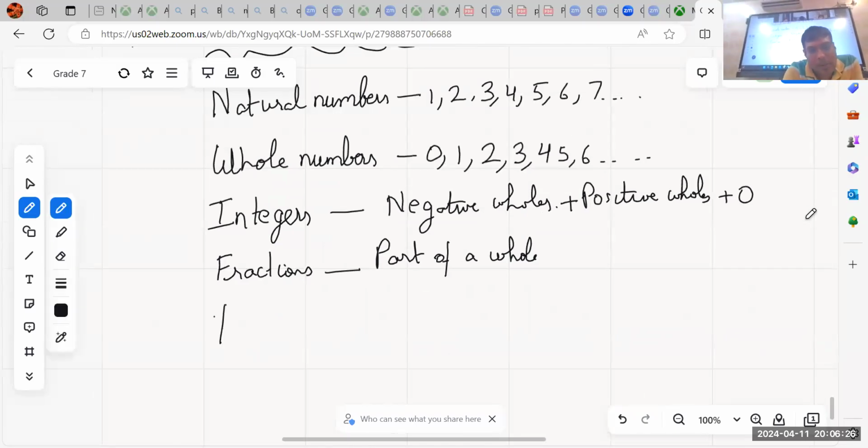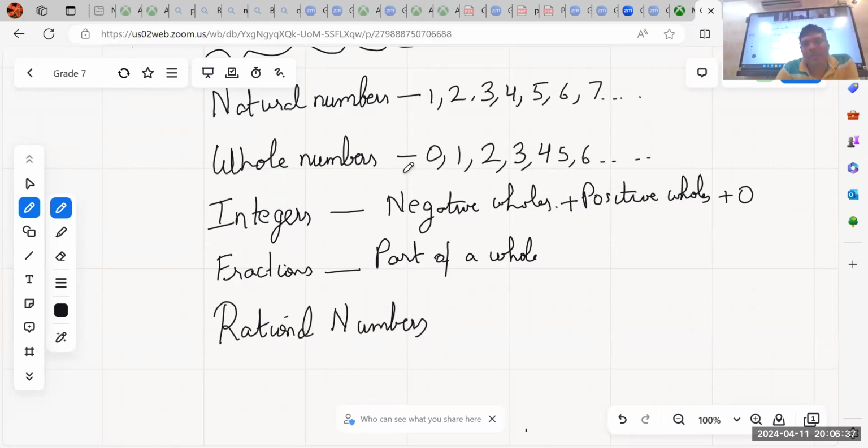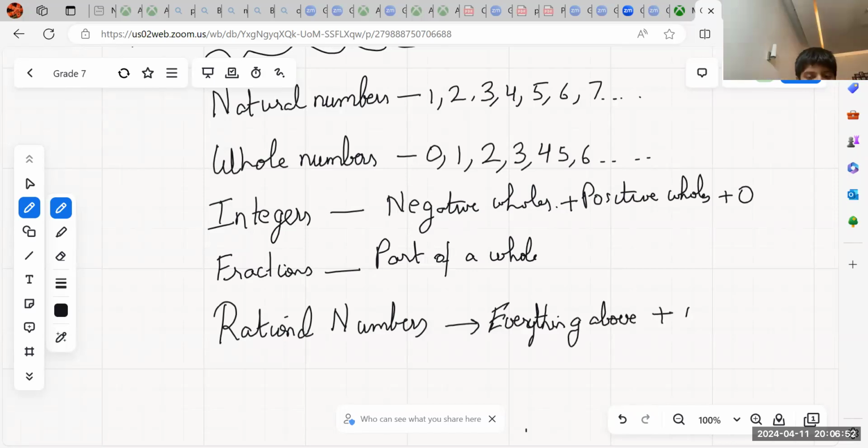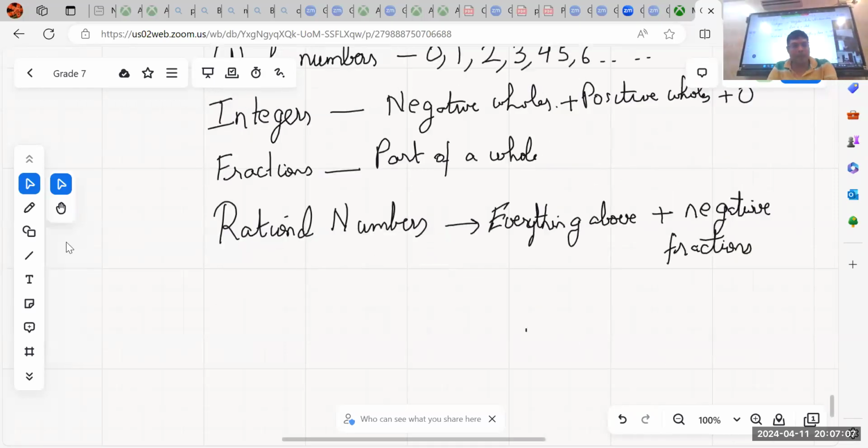So next are rational numbers. If you include all of these: natural numbers, whole numbers, integers, fractions, everything above plus negative fractions, will be your rational numbers. The official definition is